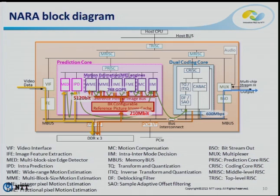This is a block diagram of NARA. As I mentioned earlier, with HEVC, a huge combination of prediction tools and modes is needed to perform intra and inter-prediction. Therefore, NARA's prediction core consists of MED, IPD, and motion estimation. Here, we process intra-prediction and inter-prediction motion estimation. On the other hand, inter-mode decision, shown as IIM,